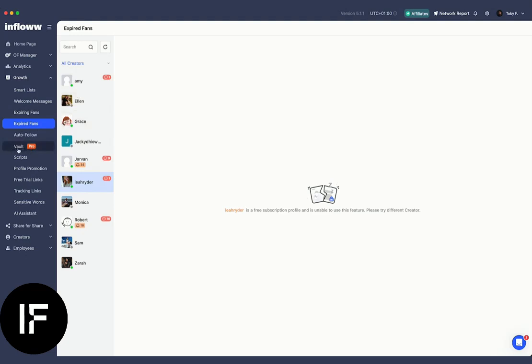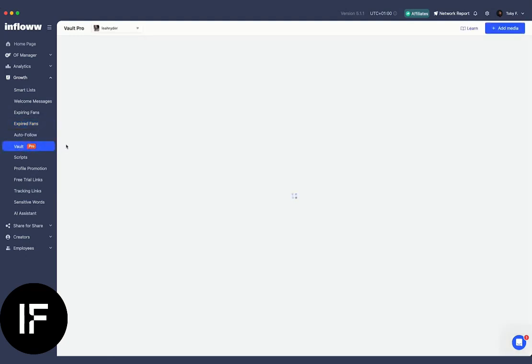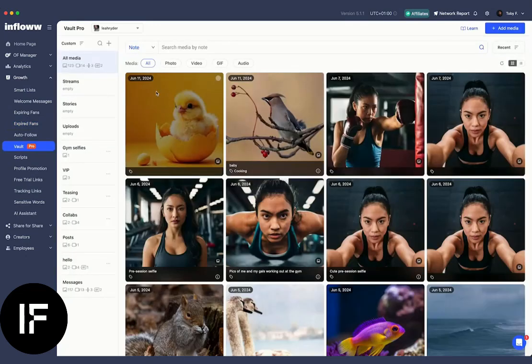You'll also notice there's a Vault Pro feature here, which is another feature we just released. And the idea of the Vault Pro is we want to give you the ability to bulk upload content into your Vault, which is not something that you can kind of do on OF natively. And it just gives you the ability to tag this content so you can start categorizing it better. Sorry, not when your fans, when your employees come to the vault, you can actually see all the tags here. So it just gives like a much cleaner way to manage the vault.